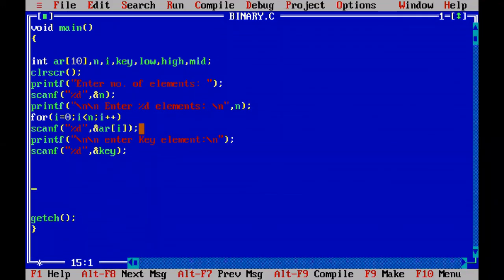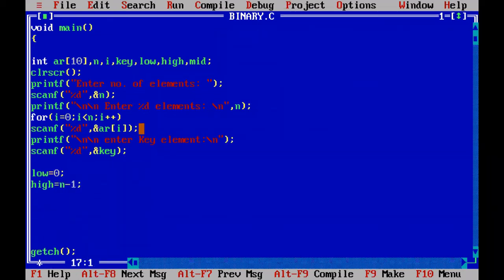Now, before searching that key element in the list of 10 elements using the binary search, we have to assume 3 things. First one, I'm considering the low position as 0 and a high position as n minus 1, the last index.